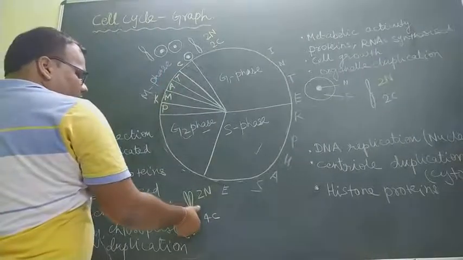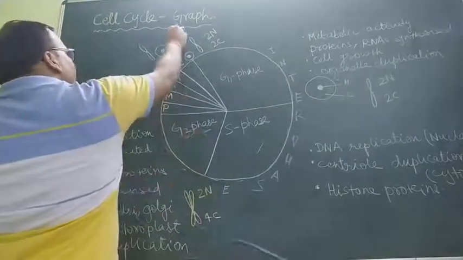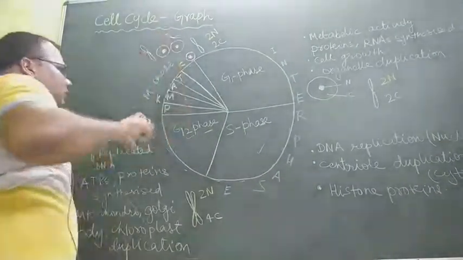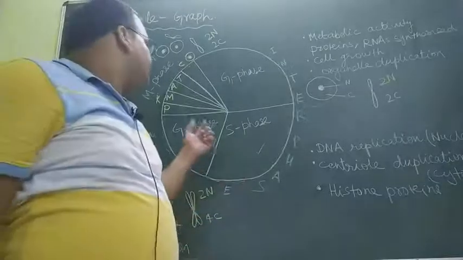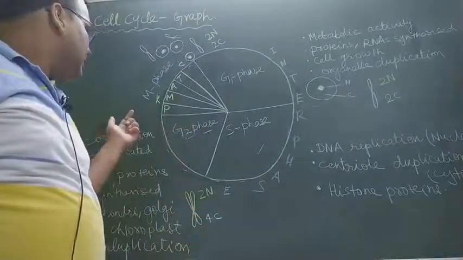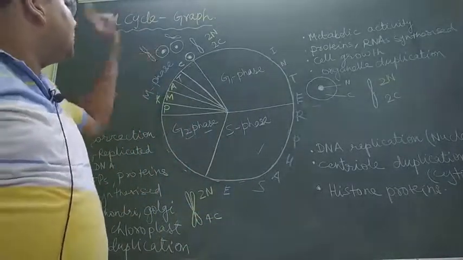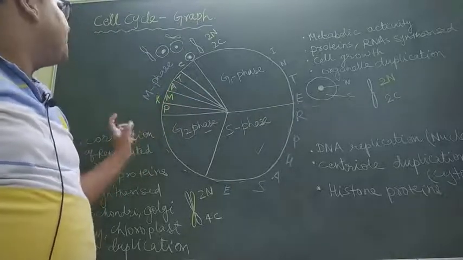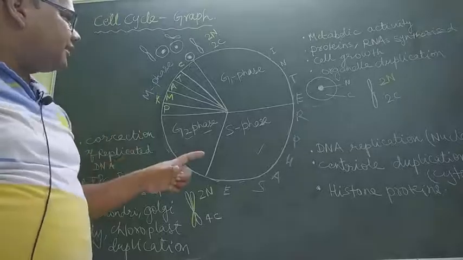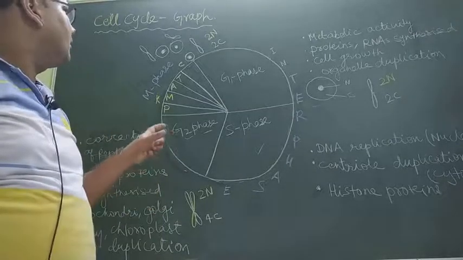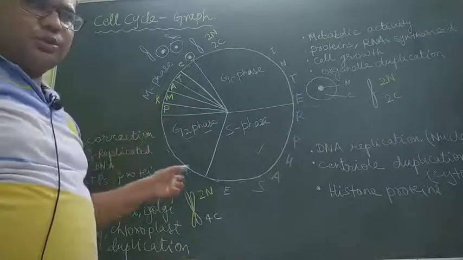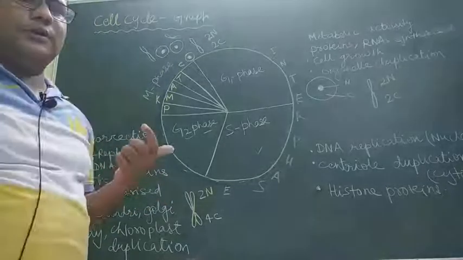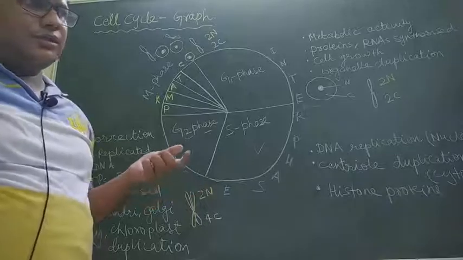Replication में जो double chromatid form हो गया था, after division, each chromosome will bear a single chromatid. All the chromosomes of the cell come in single chromatid form. So this is the mechanism of division. अगर आपने इस ग्राफ की मदद से सारे प्रोसेस को ठीक से समझ लिया, then you can easily answer any question of NEET examination.